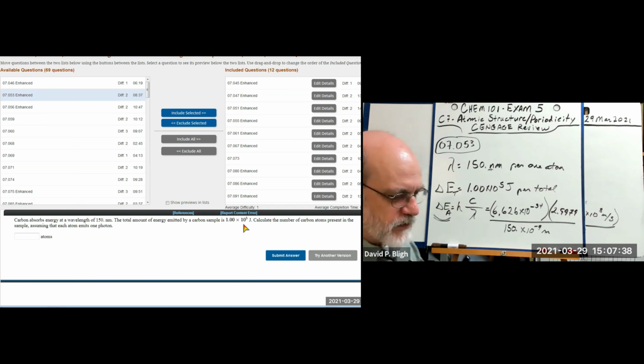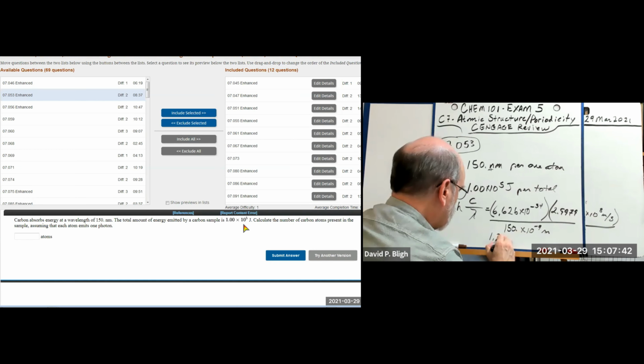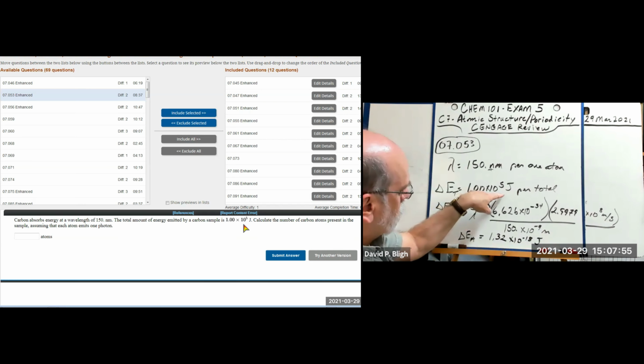So I get 1.32 times 10 to the minus 18 joules. There we go. Now this is the total joules. Right? So if this is the total, and this is per atom,